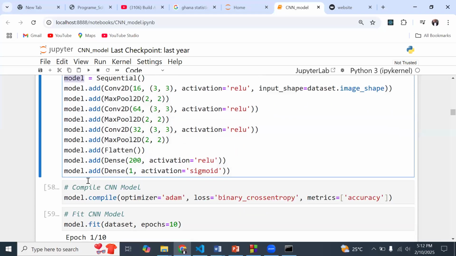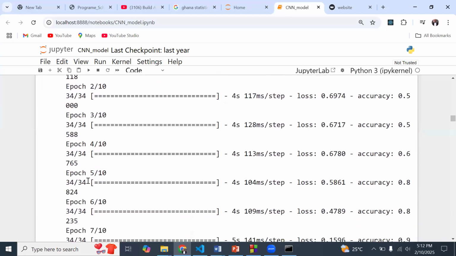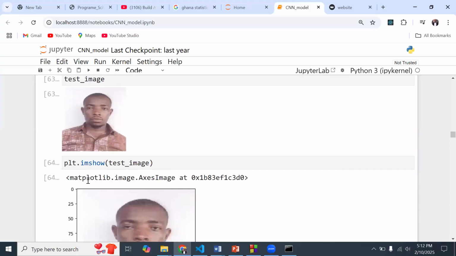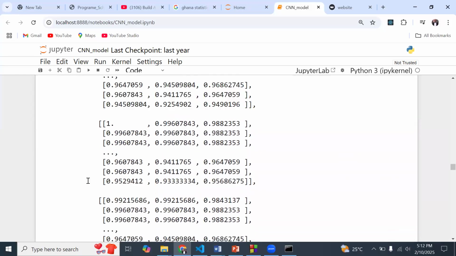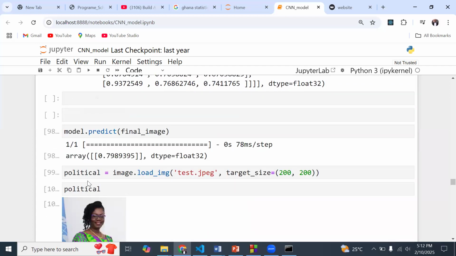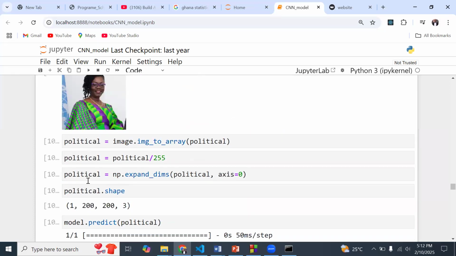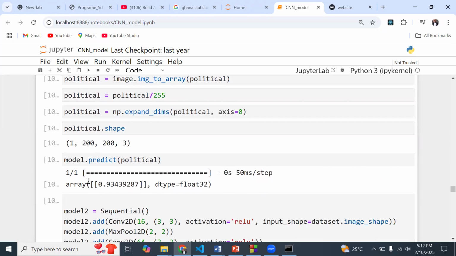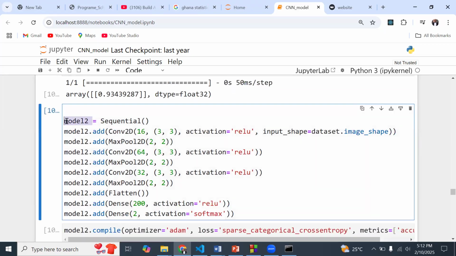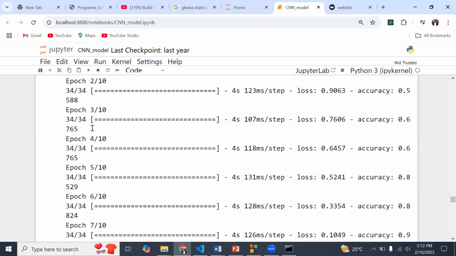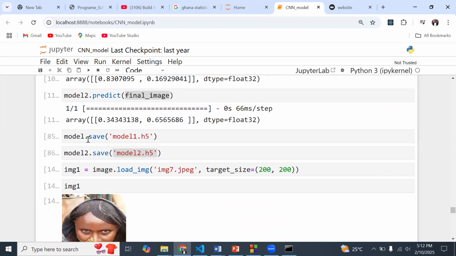So let's see how we saved model.saved, and the name we gave it. Okay, and this one was model 2. So I believe the model is model 1. So model.saved is model 1, and then model2.saved is model 2.